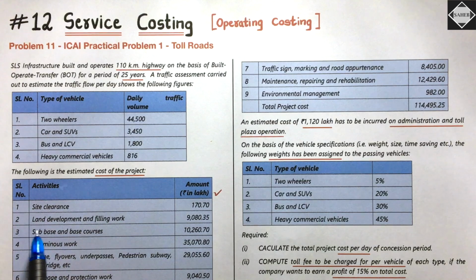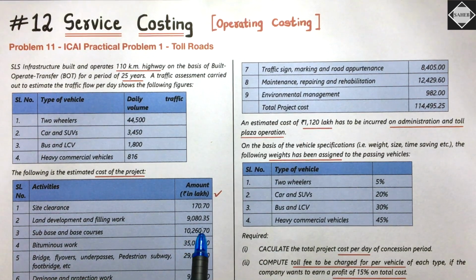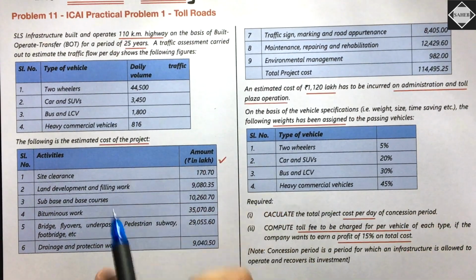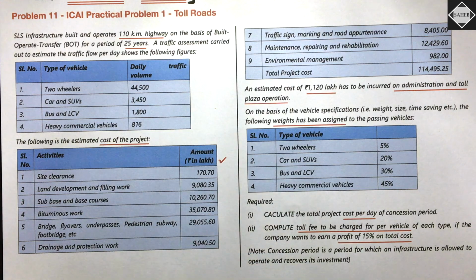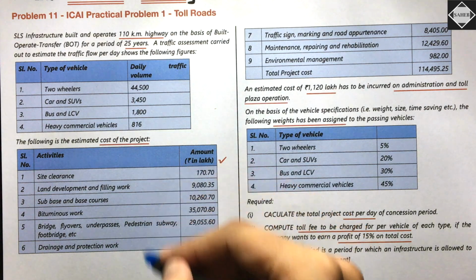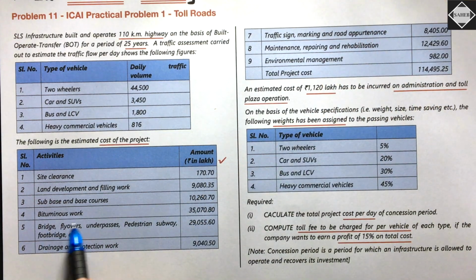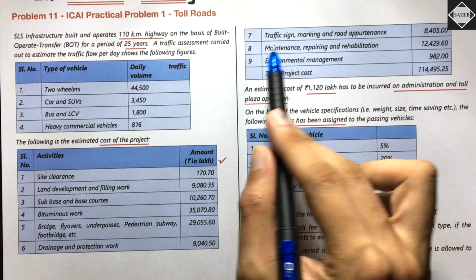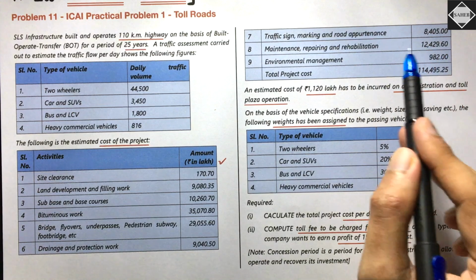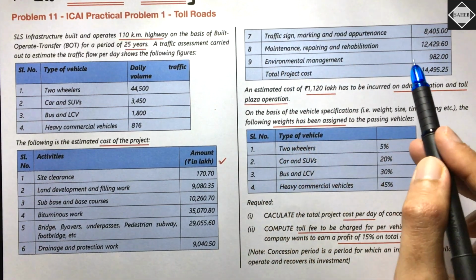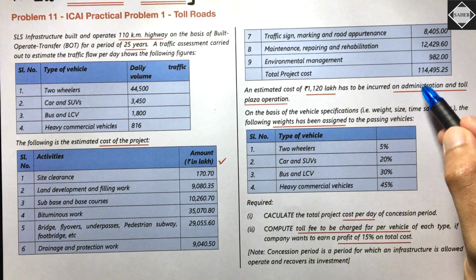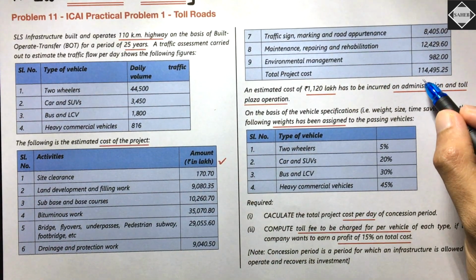Fine. See, land development and filling work 9080.35, sub base and base courses. So all these costs have been given to you. It's very simple. The question has directly given you everything. You don't have to understand this. You just have to take it line by line in the operating cost sheet. All these are costs. See, bituminous work, bridge, flyover, underpasses, pedestrian subway, footbridge, drainage and protection work, traffic sign marking, road appurtenance, maintenance, repairing and rehabilitation, environmental management. So all these are costs. Total capital cost it is actually, okay, of 25 years. How much is it? See here,